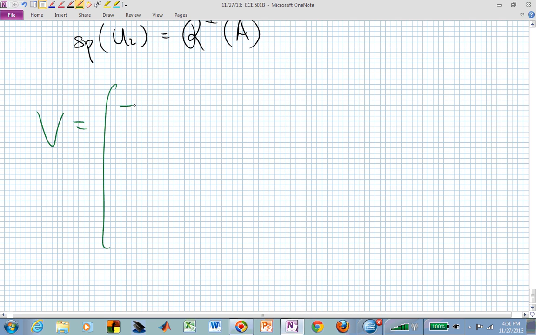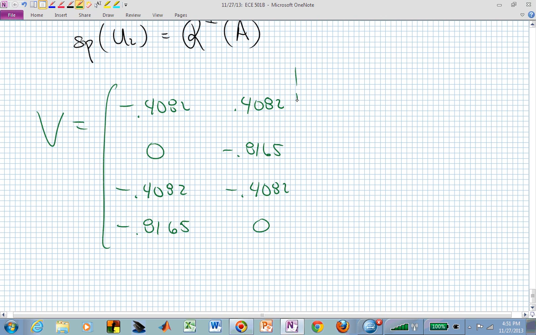It's going to be minus 0.4082, 0, minus 0.4082, minus 0.8165, 0.4082, minus 0.8165, minus 0.4082, 0, and again, we have two non-zero